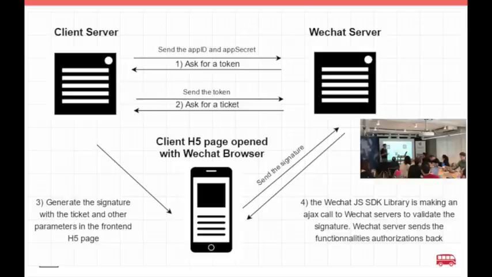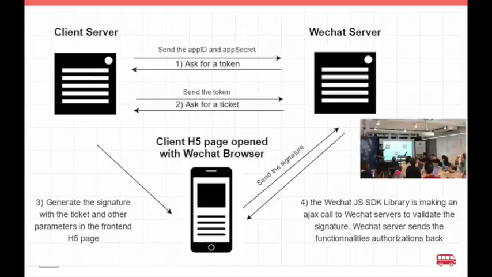So the first thing, you can tell yourself that we can send this information directly without having a server. For those who know a bit about development, we can do that directly here. The problem is the app secret is, as the name states, secret, and you don't want to share it with people, because if you put the app secret here, everybody that goes on your website can access your code. So that's why you need a server, and as well because you need to store this information during 2 hours.